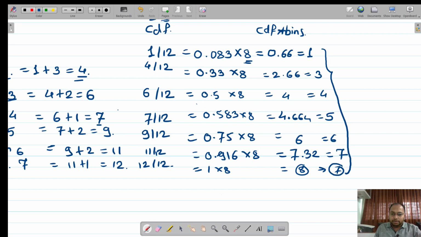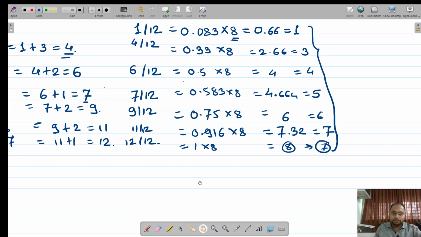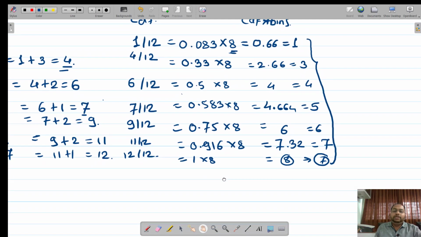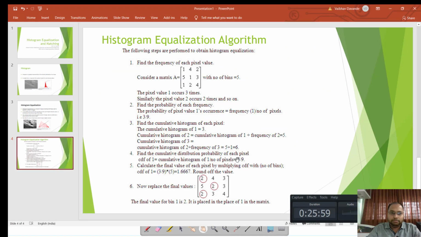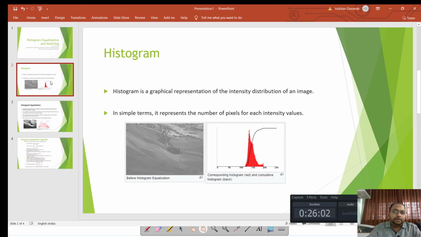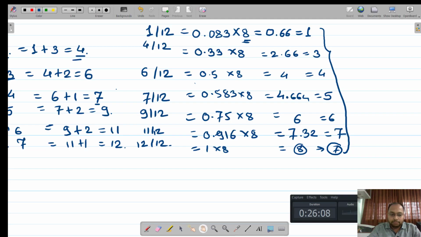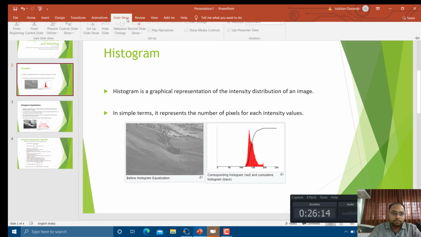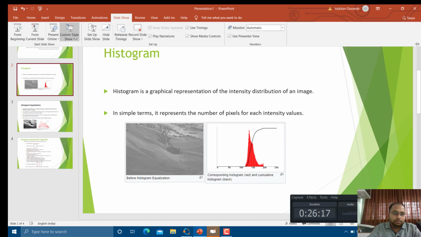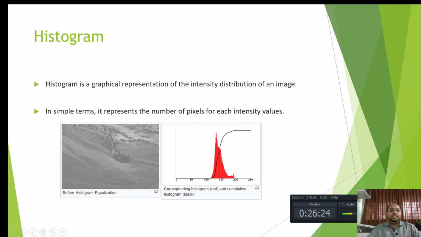If you are going to check out the change, then you can identify this kind of change. So let me show that. Fine. So this is nothing but a histogram.